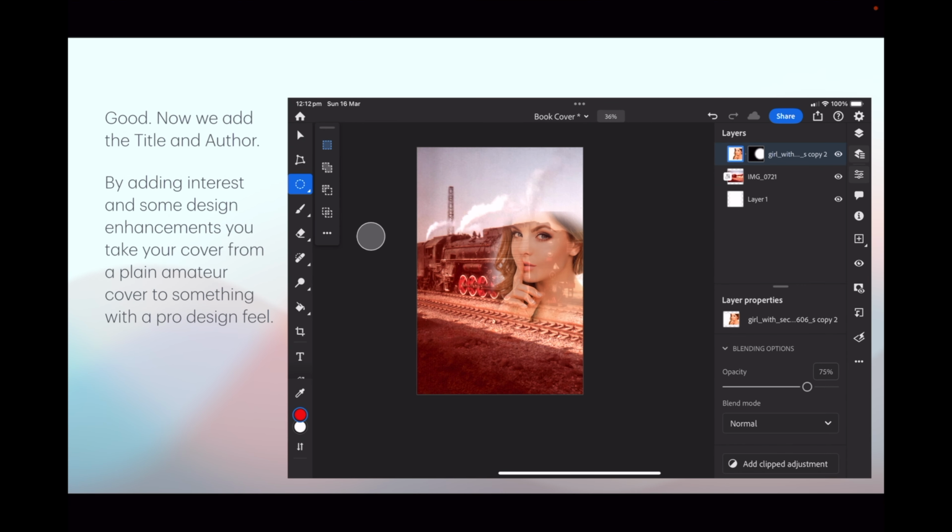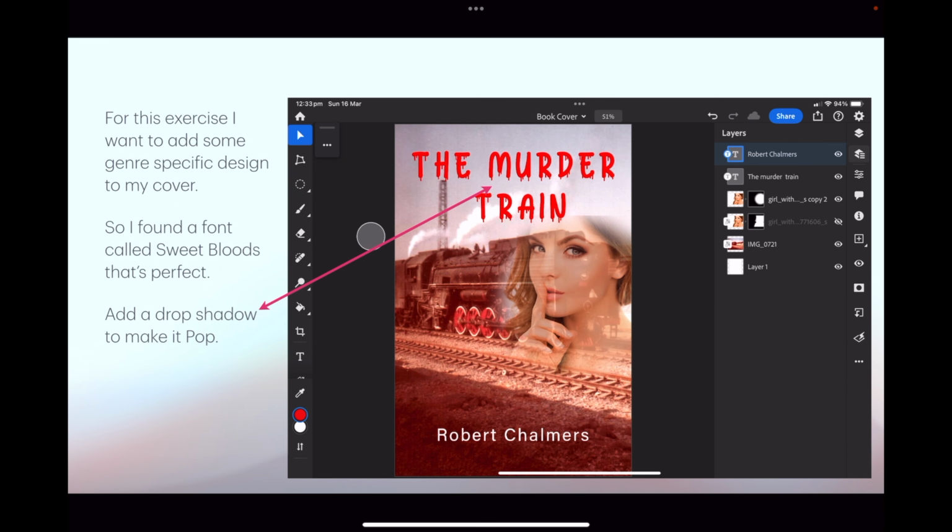Good. Now we add the title and author. By adding interest and some design enhancements, you take your cover from a plain amateur cover to something with a pro design feel. So we're getting there. For this exercise, I want to add some genre-specific design to my cover, so I found a font called Sweet Bloods. That's perfect. Now, if this is a murder mystery, that's what you're going to look for on the shelf, the murder train. Add a drop shadow to